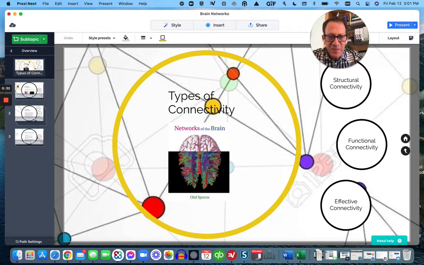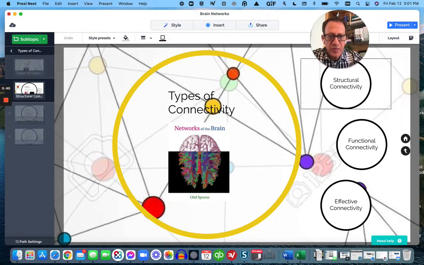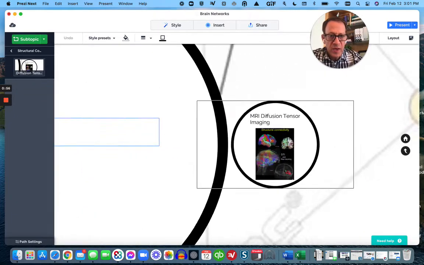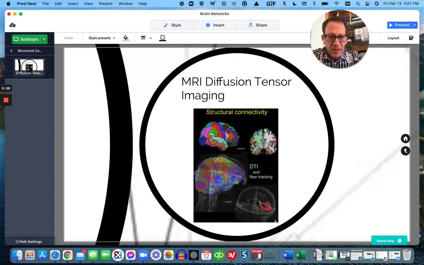So there are three basic types of connectivity as outlined in Sporns' Networks of the Brain book and by others. It includes what we call structural connectivity, which is defined as a set of physical and anatomical connections in the brain. This is the hardwiring of the brain. These are the highways, okay? The only way we have of seeing this information is either at autopsy, and that's the way we've done it